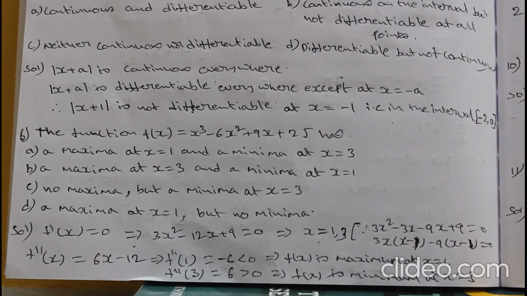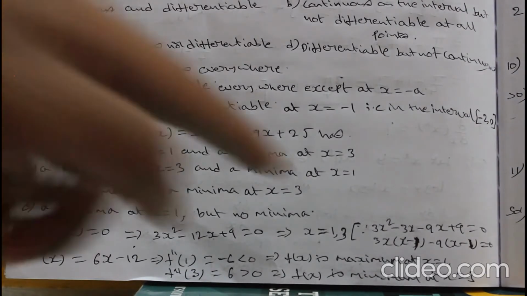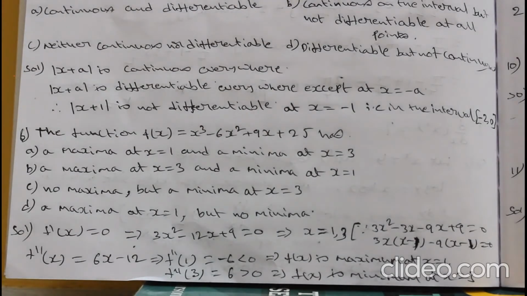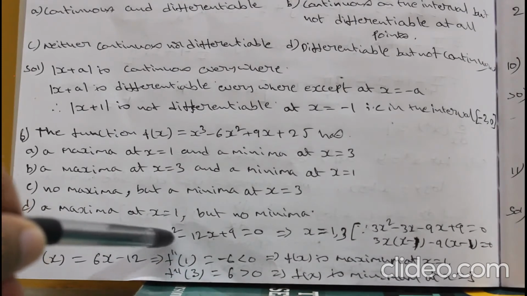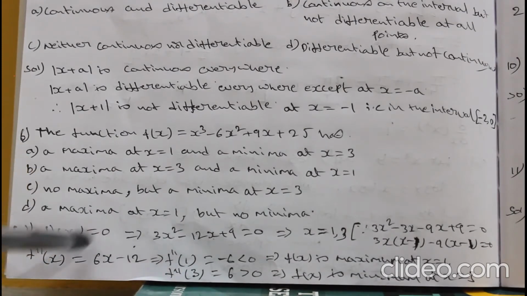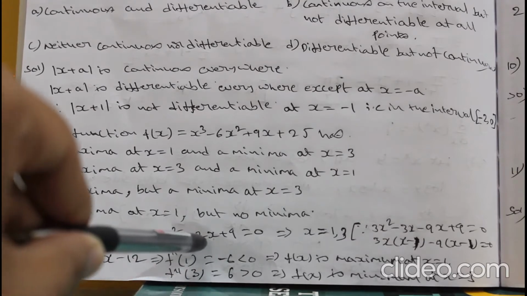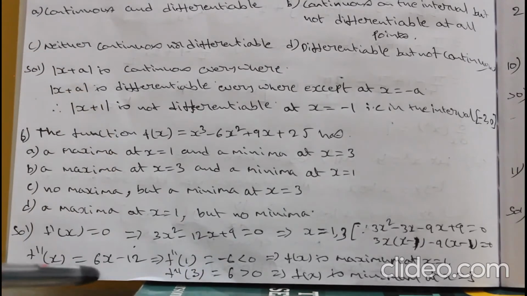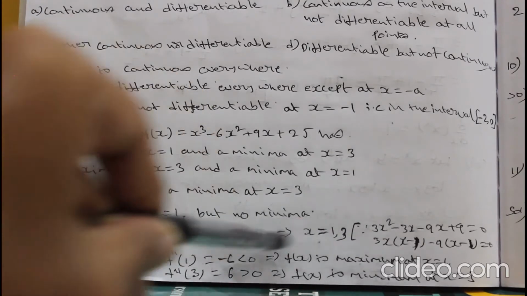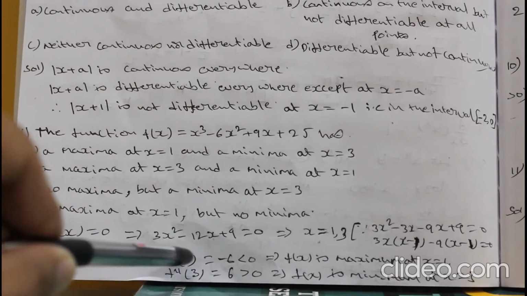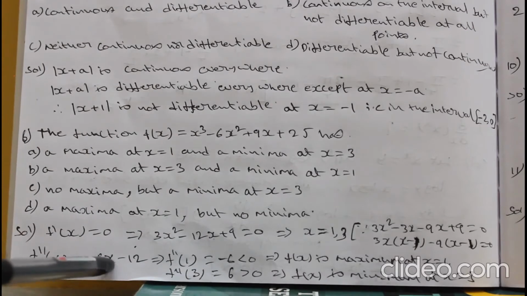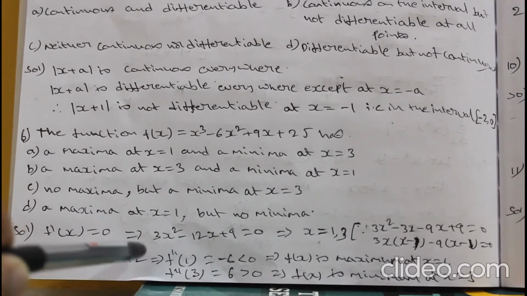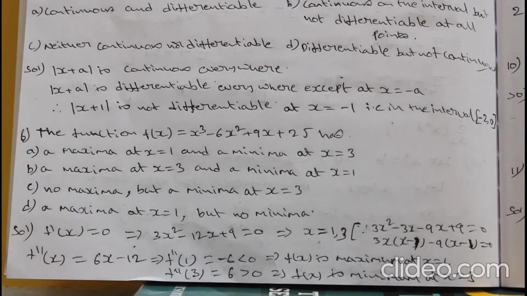Now in order to find whether these points are maxima or minima, we have to double differentiate the function. Here, differentiation of 3x square is nothing but 6x, and differentiation of minus 12x is nothing but minus 12. So 6x minus 12. Substitute 1 first. So f double dash of 1 is equal to, after substituting 1, 6 minus 12, so minus 6. Here it is less than 0.